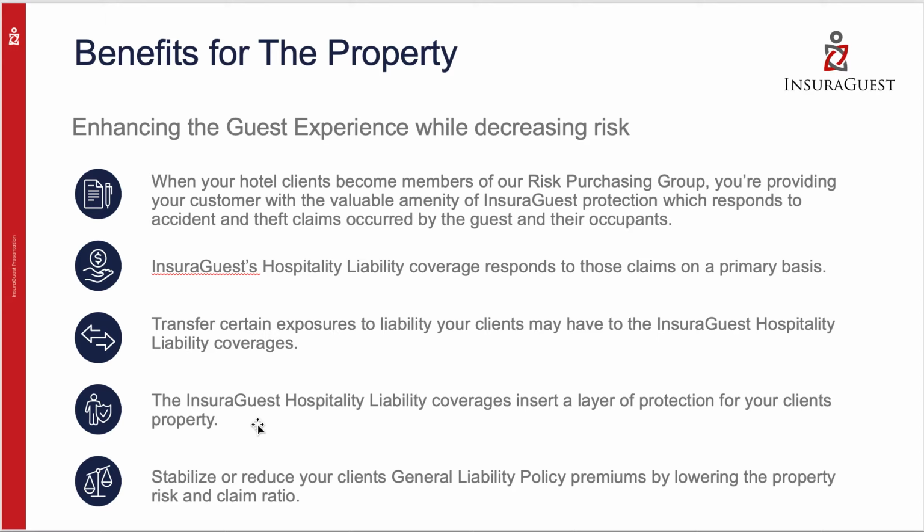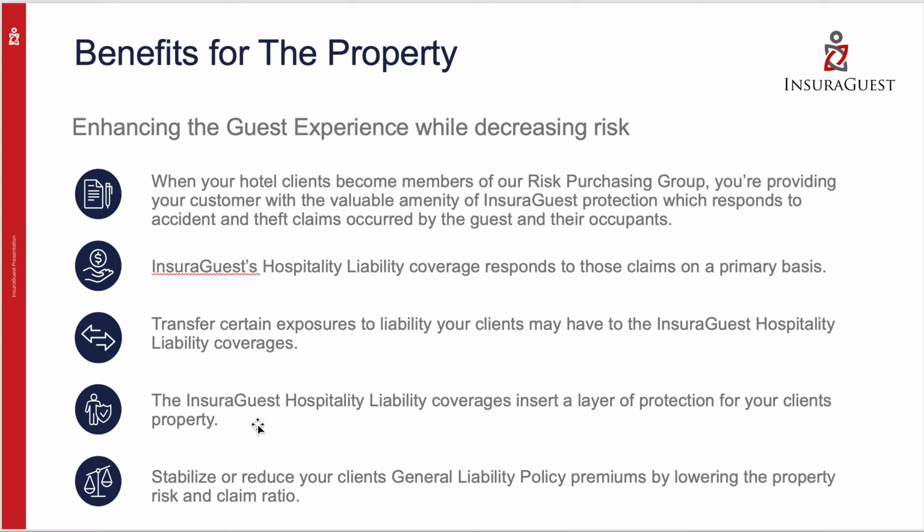The benefits to the property: enhancing the guest experience while decreasing risk. So when a hotel becomes a member of our risk purchasing group, they provide their customer with a valuable amenity of protection, InsuraGuest protection, which responds to claims made by the guests and their occupants on a primary basis. So what that means is we're going to lower the hotel's risk. We're going to lower the hotel's claim ratio,